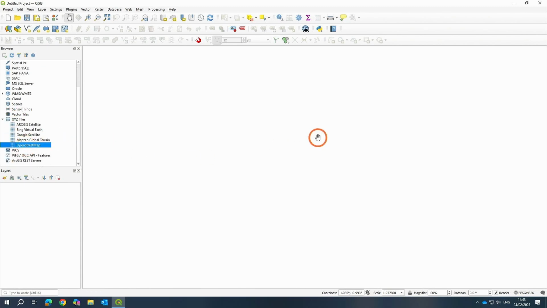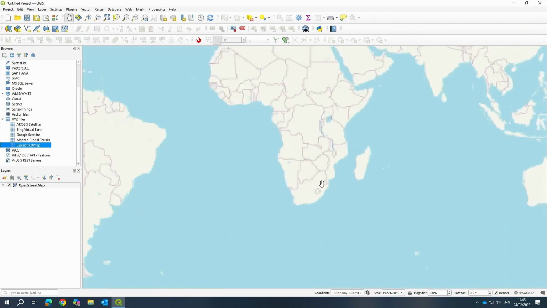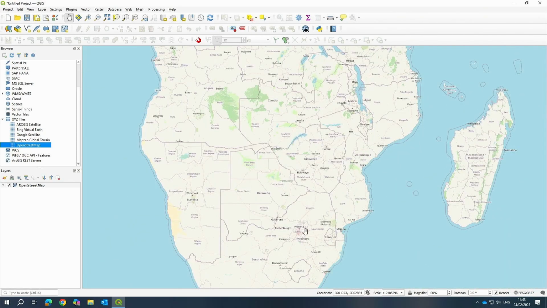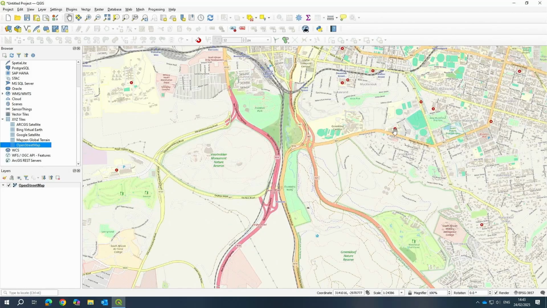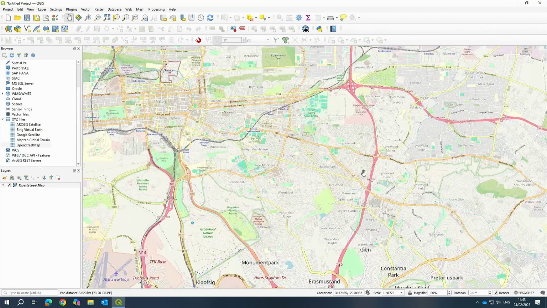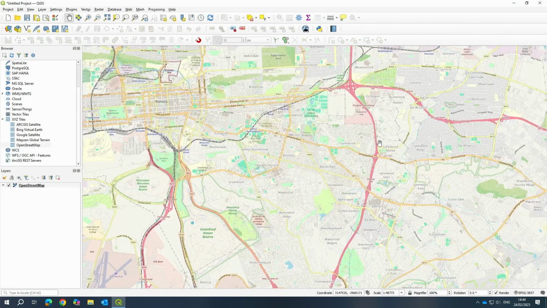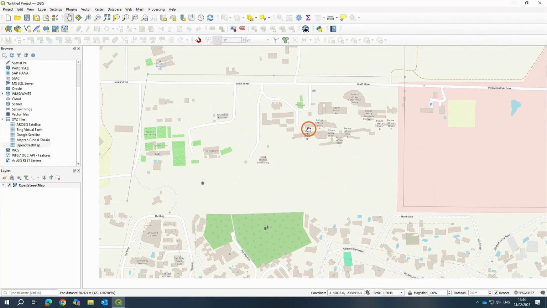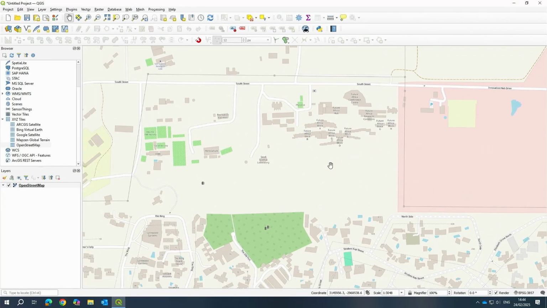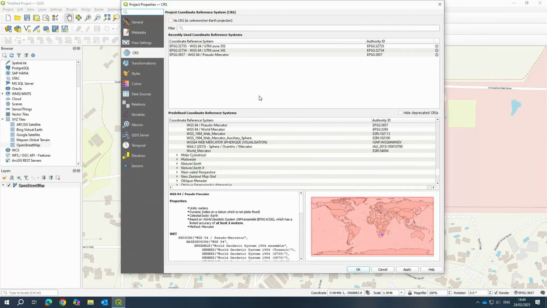So OpenStreetMap is a great place to start, and I'm going to focus on a project we're busy doing in our second year group, which will be Future Africa. So the first part of the puzzle is to find out exactly where you're working. Okay, so I know that the site that we're using is this area over here. Once you've established the location where you're working, the next step is that you'll need to go and set your